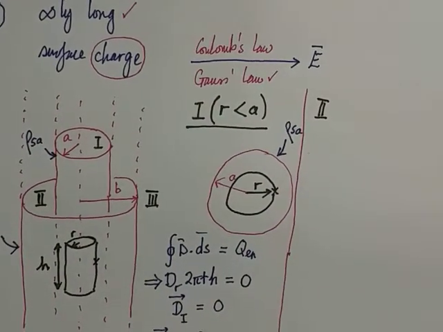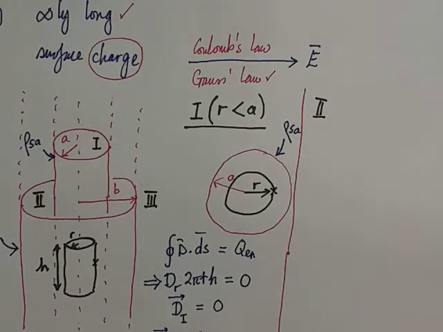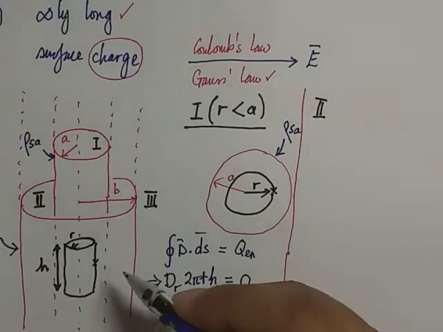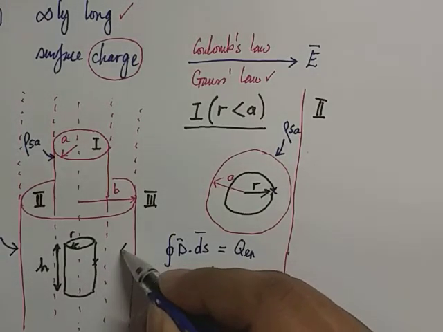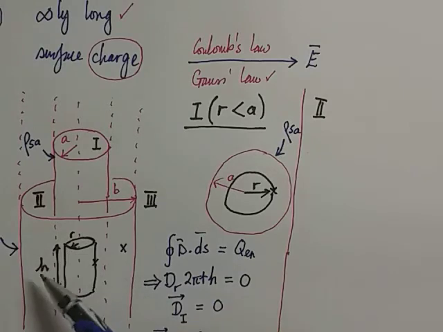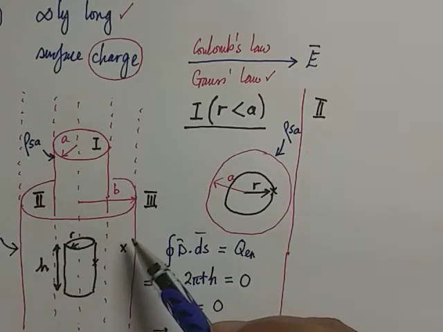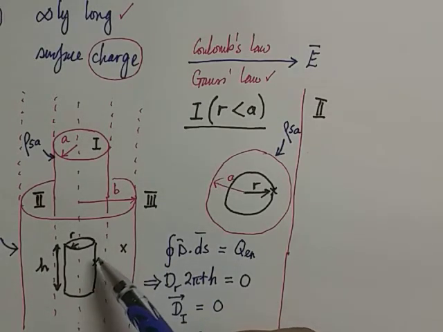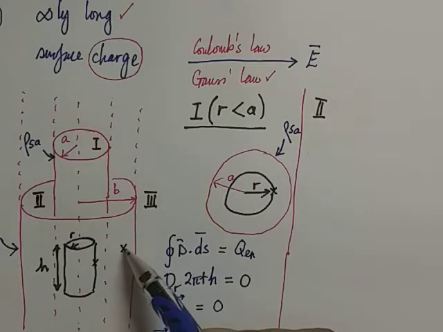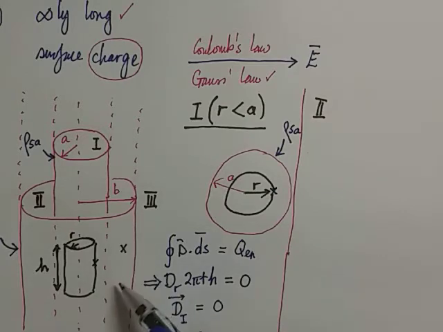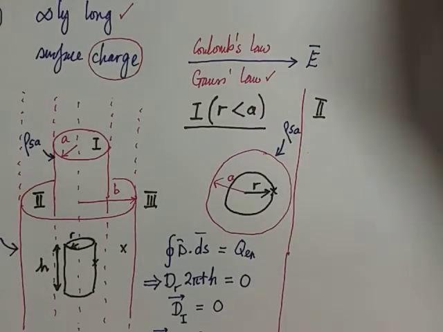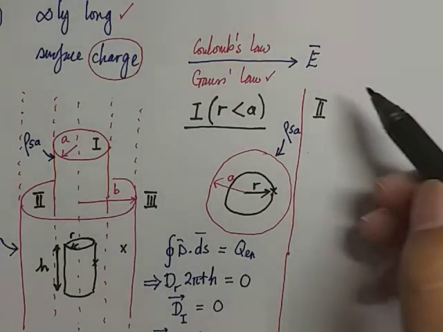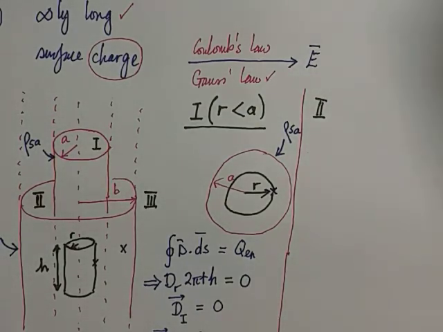So where's our region number 2? As you can see now, region number 2 should be in this particular position, or anywhere between A and B. So therefore, our Gaussian structure should be extended covering this particular position. So what we can see on the plan view now, I'm going to draw based on the plan